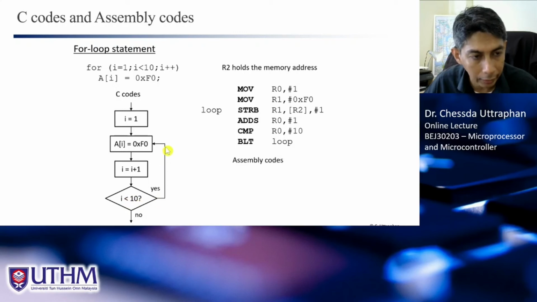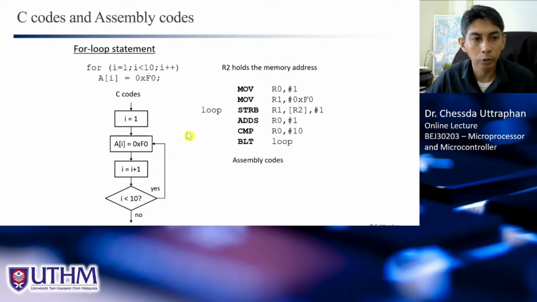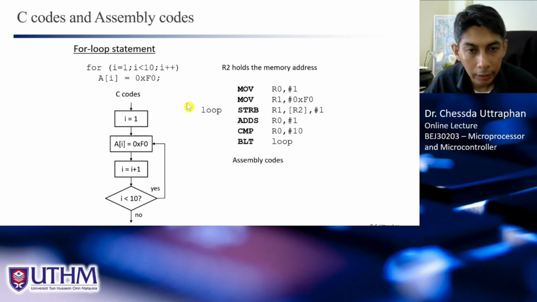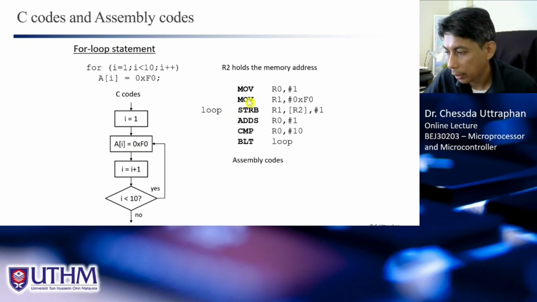If still less than 10, we again set AI and increment, until I is equal to 10, then we exit the loop, right? So this is the flowchart, and in assembly language, it should be